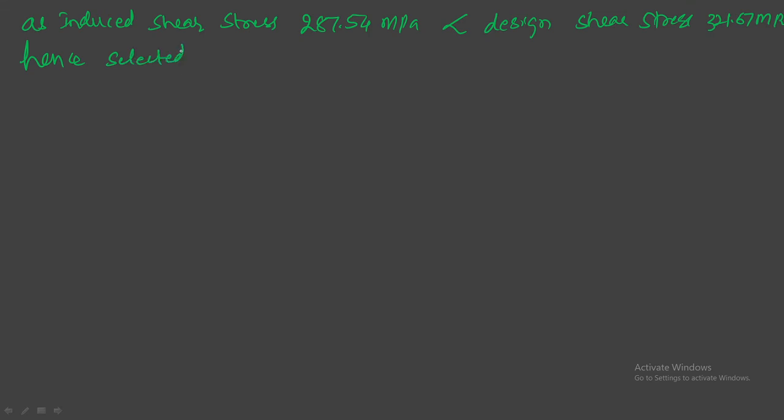As the induced shear stress, 287.54 megapascal, is less than the design shear stress of 321.67 megapascal, hence the selected wire is safe. Okay, selected wire is safe.